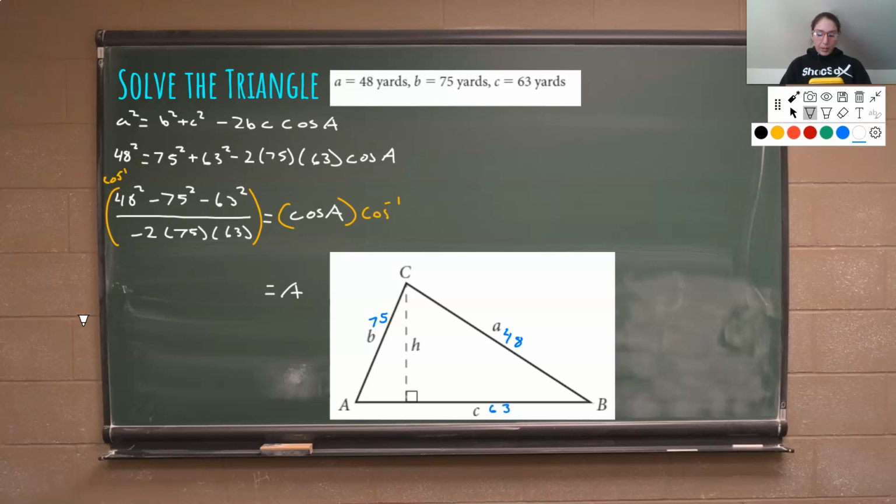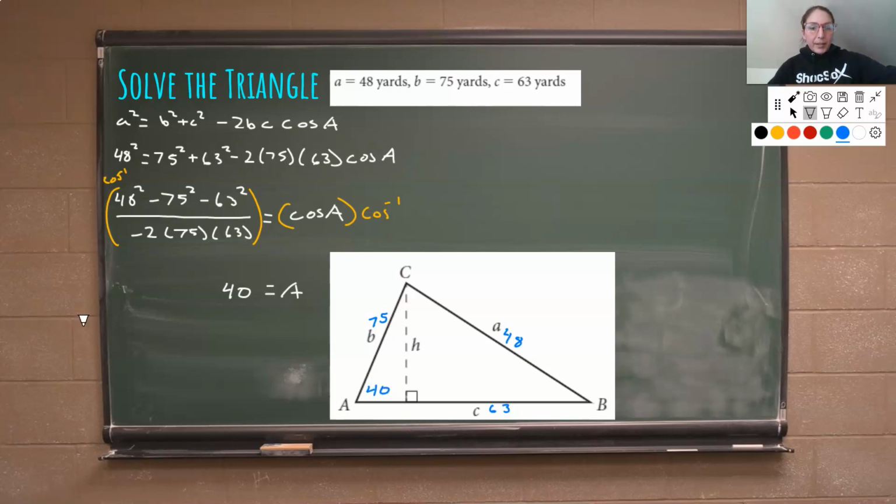So let's do inverse cosine of 48 squared minus 75 squared minus 63 squared, close parentheses in the numerator, divided by, open parentheses for the denominator, negative 2 times 75 times 63, close parentheses around the denominator, close parentheses around the cosine, and we get 39.5. Let's see, we're using two significant digits, so that's going to round up to 40. So we got big A now is equal to